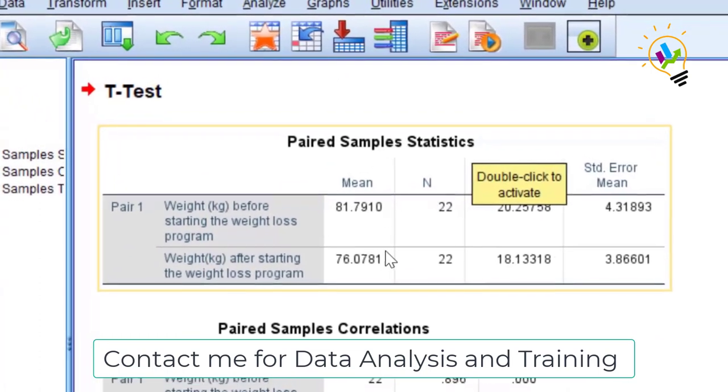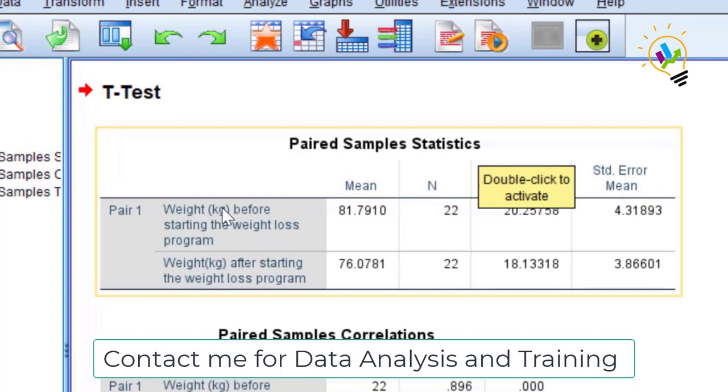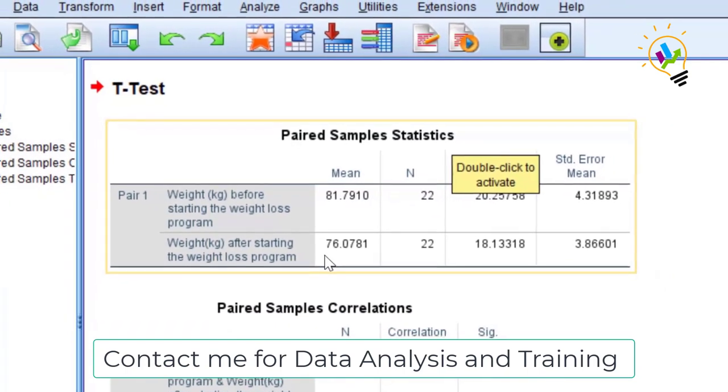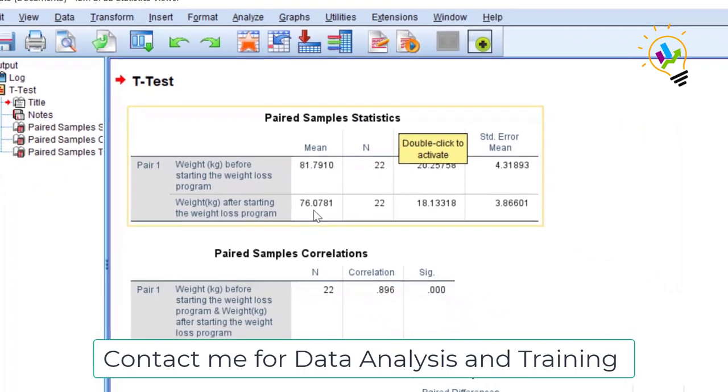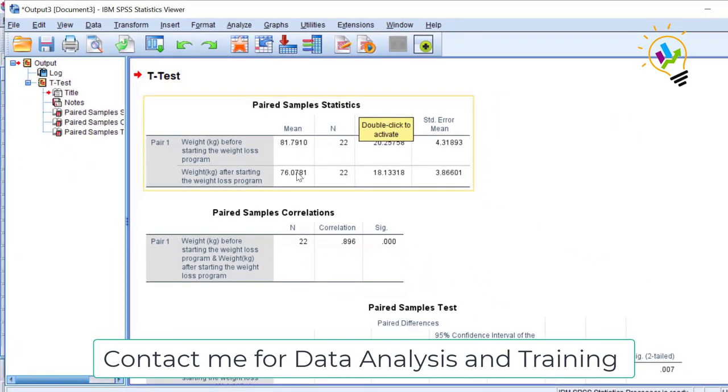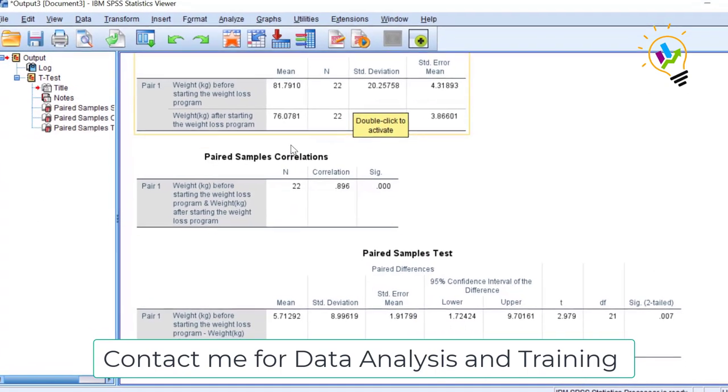Here we can see the mean value for weight in kgs before starting the weight loss program is 81.791, and after the program was started, the weight in kgs is 76.0781. So we can easily understand there is a difference, but let us confirm using the paired sample t-test.